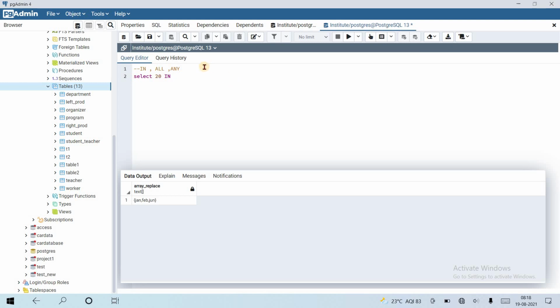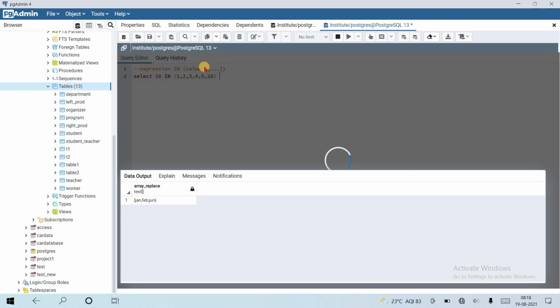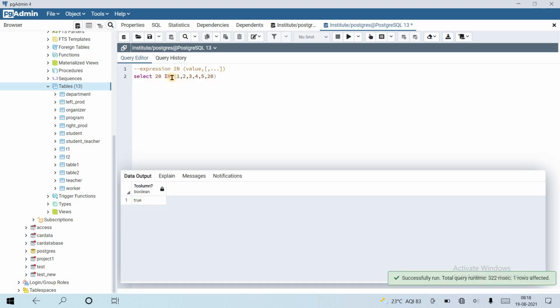The syntax for IN is expression IN, then parenthesis, values separated by commas, like this. See the example. So is 20 in these values, 2, 3, 4, 5? Is 20 in this? Let's see what the output is. True, because 20 is present at the last.